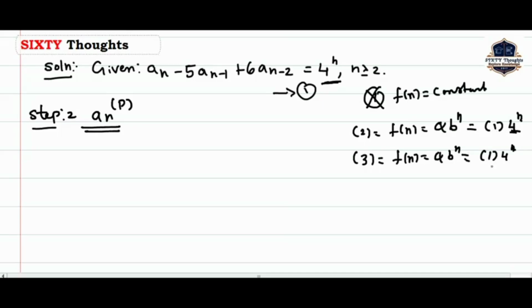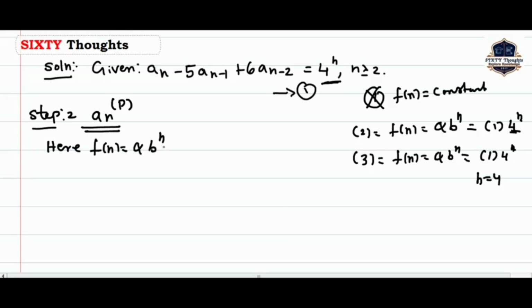Suppose your b value is 4. If 4 is a root of your characteristic equation, then we consider this type 3, and we also verify how many times it is repeated, that is called m. So here the given problem satisfies type 2, which means we know f of n is alpha